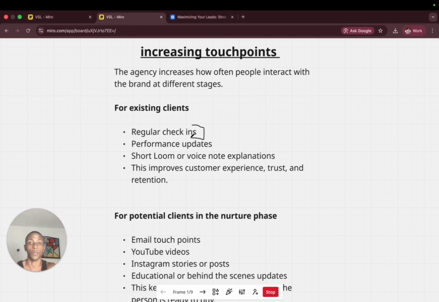This could be in the form of emails, performance updates on your product and stuff. So just basically updating them, maybe also giving them explanations on how to use your product more effectively. I really like this one. I really, really do like this one. Short Loom voice notes explanations,